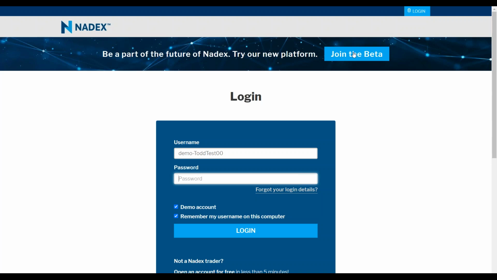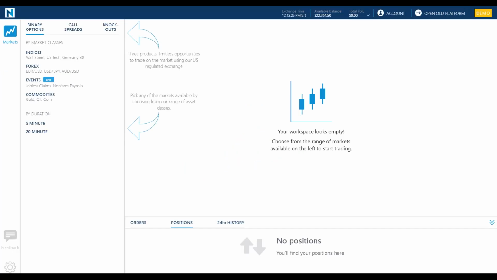Now, when I say go to the new platform, that is up here in the corner. It says join the beta. It is not beta anymore. It is the new platform, and it will become the primary platform. So everything I do, I'm going to hit join the beta, and this is the new environment. It is cleaner, easier to use, much more intuitive, and it's got more robust functionality than the current standard platform. Particularly when it comes to technical analysis, charting, indicators, we've got more here than the other one. So I would encourage you, if you're not using this, to start using it and getting comfortable with it.